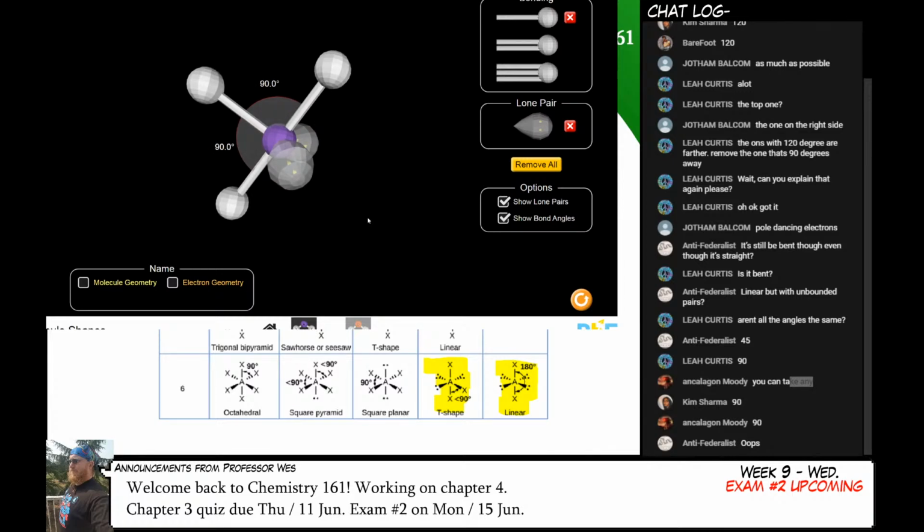What is this called? You're like, oh, it's T-shaped. Hooray. There you go. So you can test yourselves with this. The only thing is that the textbook, for some reason, calls them molecular shape. Everyone else in the world calls it molecular geometry, so that's what this means right here. Electron geometry and electron pair geometry are close enough that you should be able to identify those. Okay, so that's how we do shapes. Any questions, let me know.